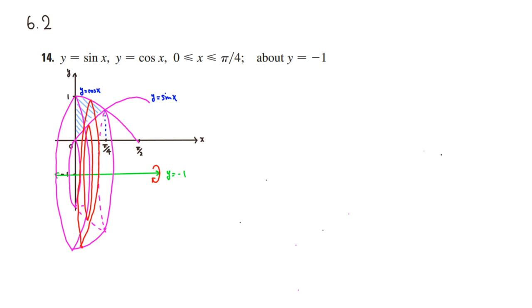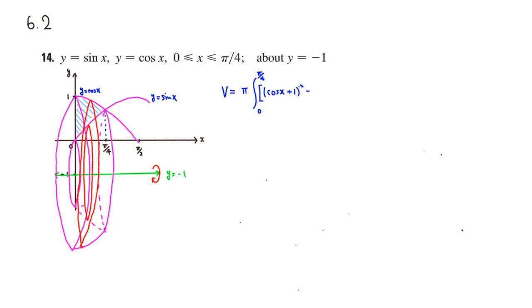The volume is going to be pi, which is always there because of solid rotation, going from 0 to pi over 4. That looks like an easy thing to do. Then you have the outer radius squared. The outer radius would be going from -1 to the cosine curve, so it's going to be cosine of x minus -1, so it's going to be cosine of x plus 1, squared